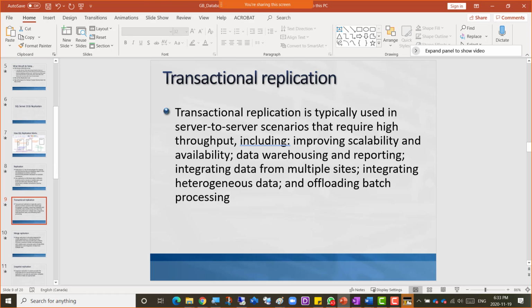And if you go for the types of replication that SQL Server Replication supports, the first type is transactional replication. Transactional replication is typically used in server-to-server scenarios that require high throughput, including improving scalability and availability, data warehousing and reporting, integrating data from multiple sites, integrating heterogeneous data, and offloading batch processing. So this means that it's a large-scale